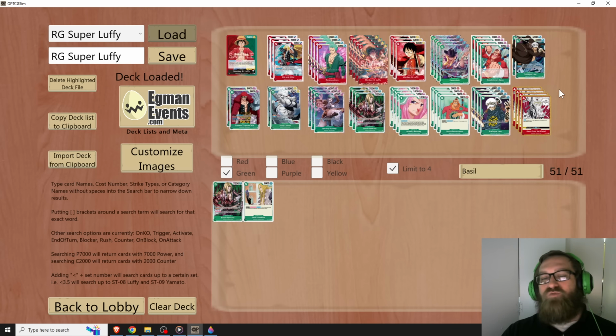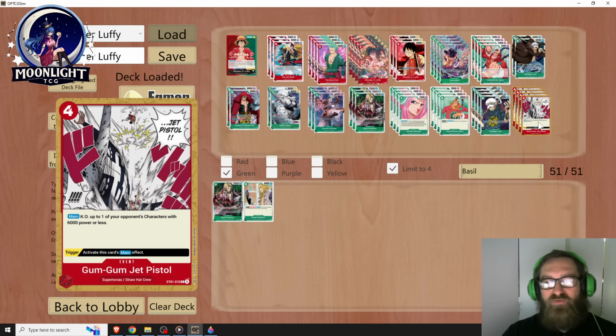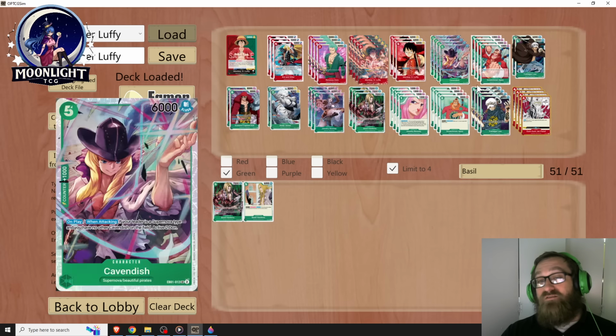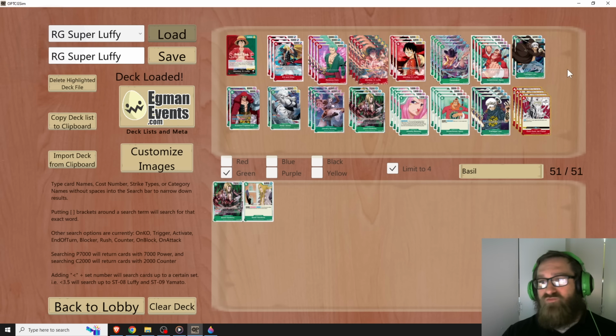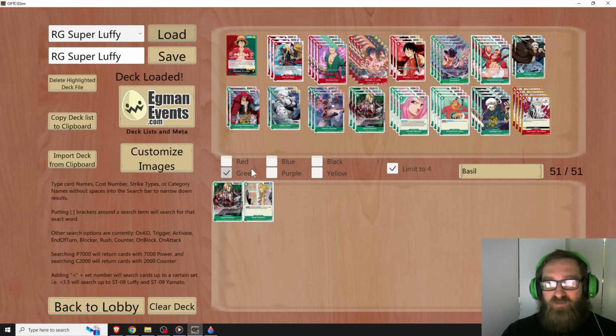So here's the list I was running towards the end there. This is just the straight Red-Green Supernova version of the list. I'm even messing around with the jet pistols. I think these are okay. But I'm going to be honest, guys, this deck felt very clunky, especially after playing the film version. The film version just fills out the board and draws cards like crazy, and then gets tons of really solid attacks. And one thing I want to mess with, like I already said, was